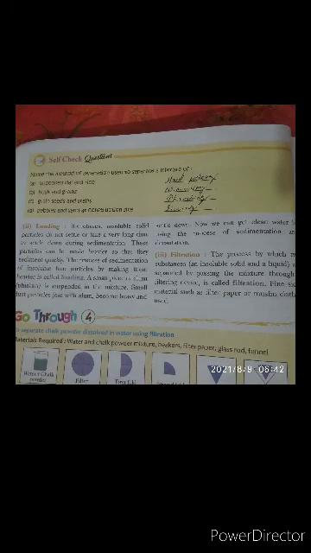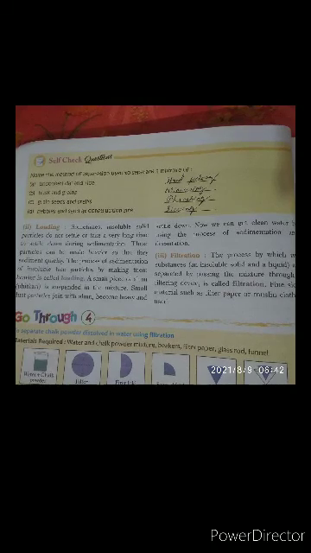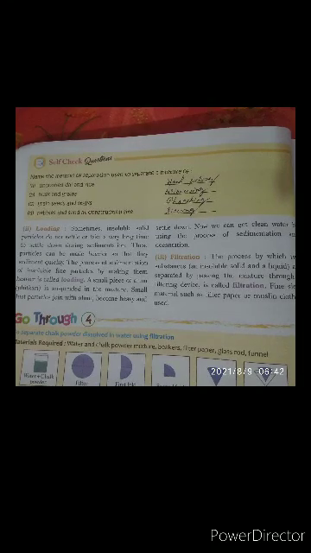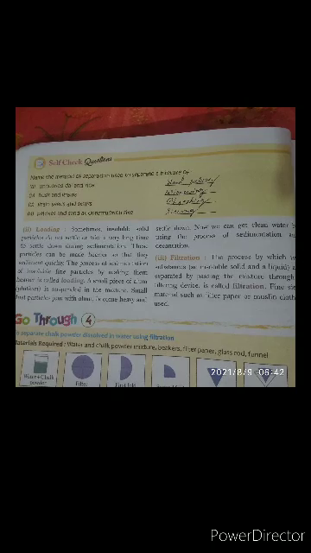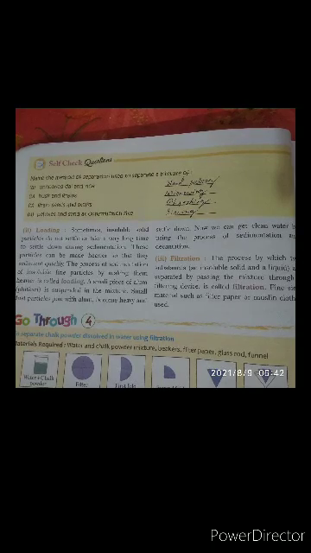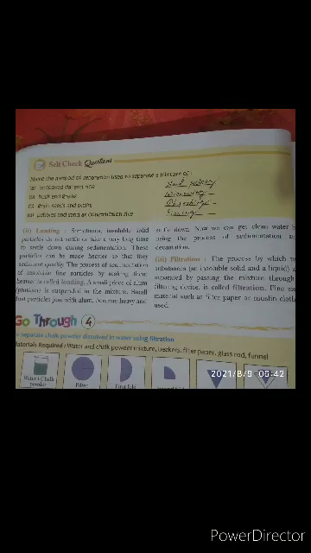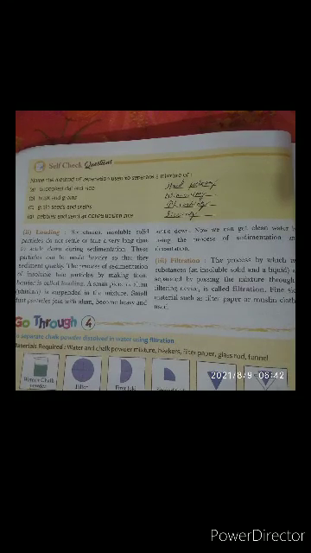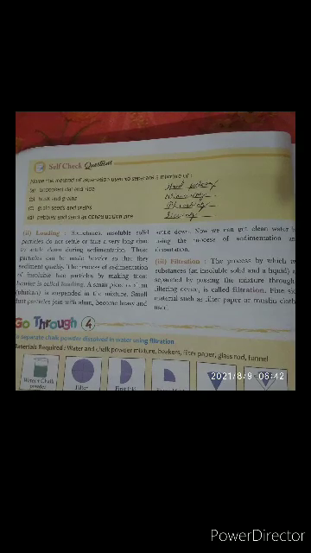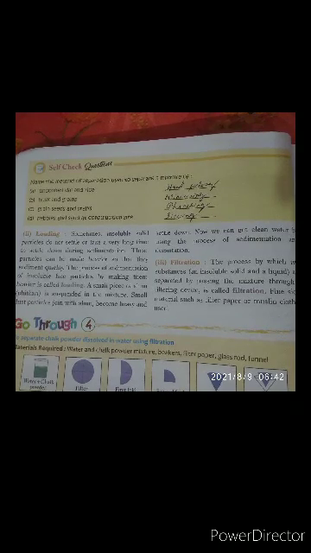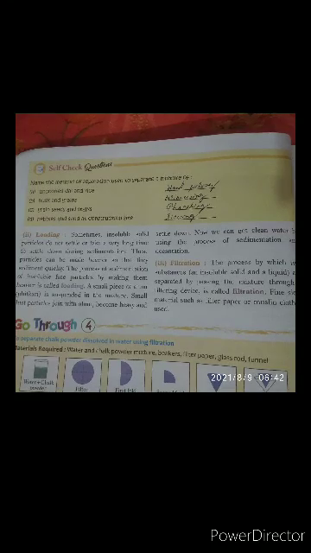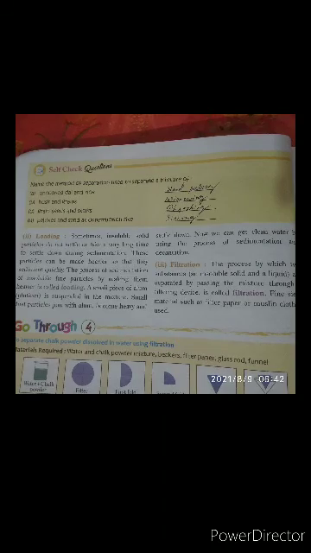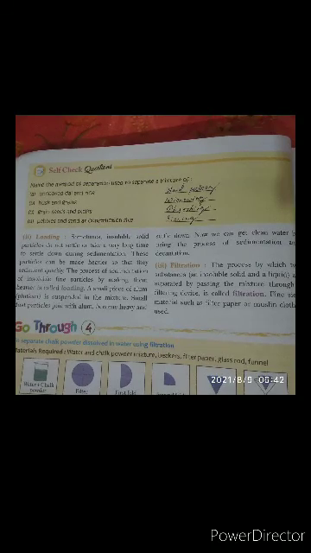Number D, pebbles and sand at a construction site. At a construction site, when building, to clean the sand, pebbles, small stones and all, we are removing from the sand. For that, which method are we using? They are using the sieving method. They sieve it with a chalni, no. A picture also is there. I think in day-to-day life you have seen all these things. The sieving method is used there.